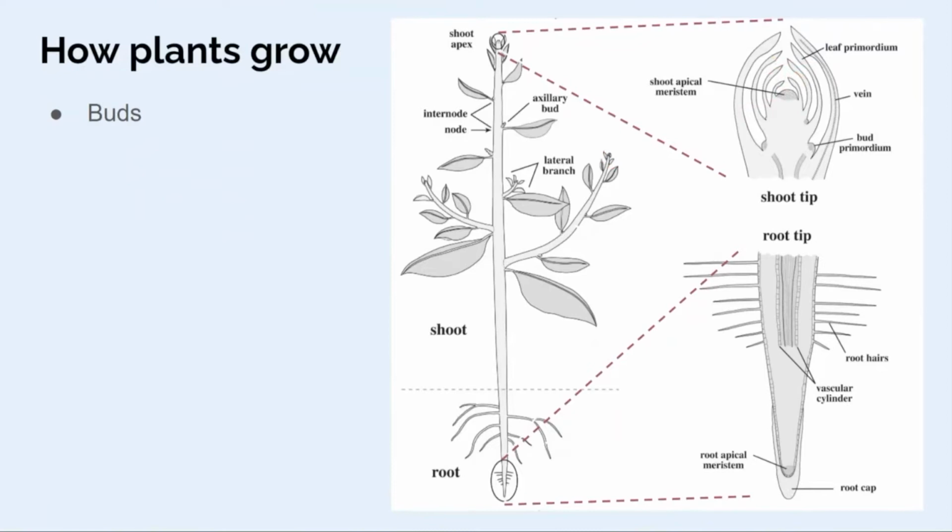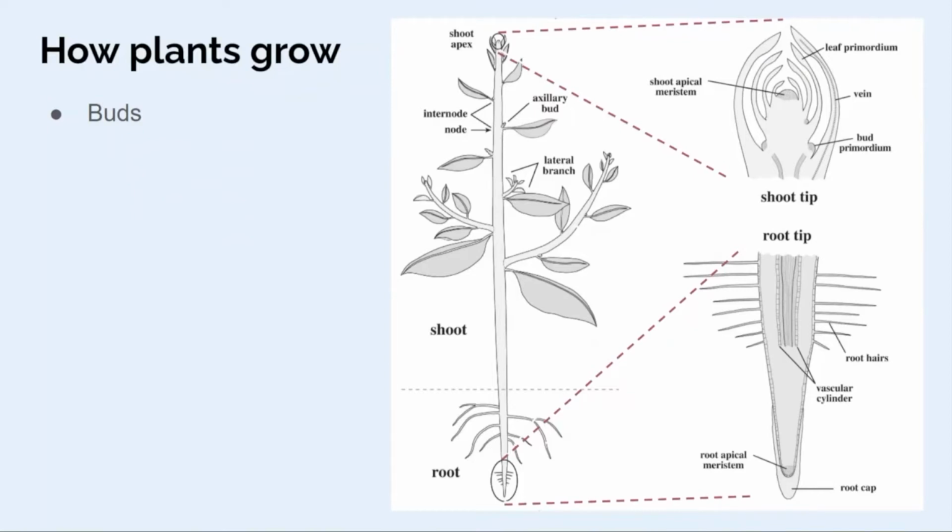You can have a bud on an actively growing plant, or this time of year, all of our woody plants have winter buds, dormant buds that are ready to grow, but today would be a really bad day for that. If you grow out fresh, juicy, wet tissue on a day when it's 0 degrees outside, not great. So the winter buds are often protected from the cold, but inside of there is a growing tip that's ready to grow a new shoot and new leaves